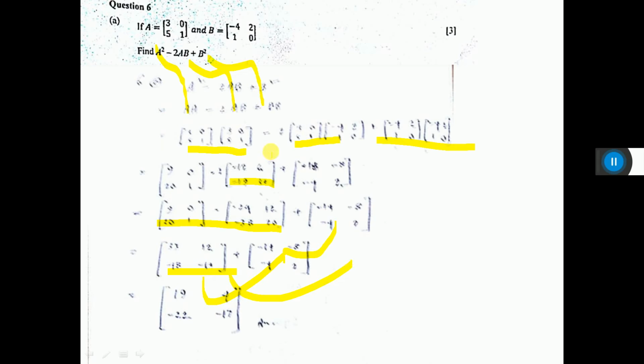Then this a equals this and b equals this. So a square means a into a, b you write here, b square means b into b. Multiply these two, multiply these two. Then multiply the 2 inside also, then subtract these 2, plus this one you write there, then plus this one. It is hazy and you cannot see properly, so you can do the sum yourself.